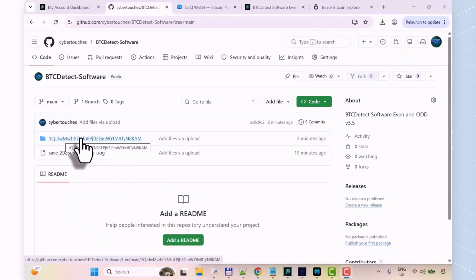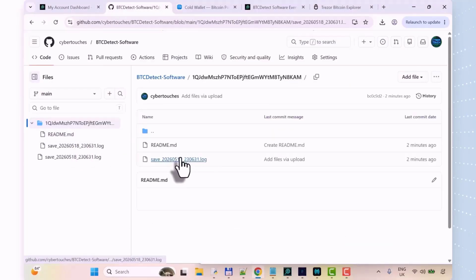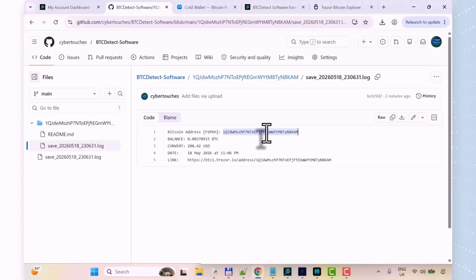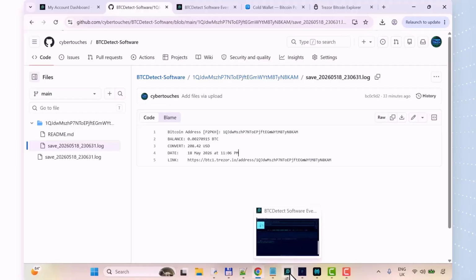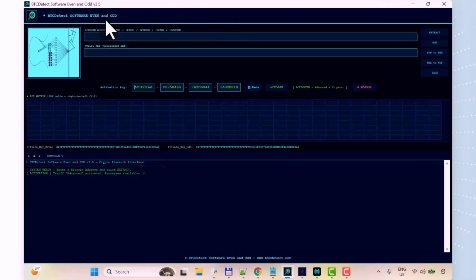So we got a folder with the Bitcoin address where I saved the Bitcoin address. This Bitcoin address is a leak through external channels. So the Foldbit blockchain data leak. Now let's use the BTC software. We enter the Bitcoin address in the field, which is really simple. We just copied it. The Bitcoin address, and then we need to click the extract button, and then in the console we see